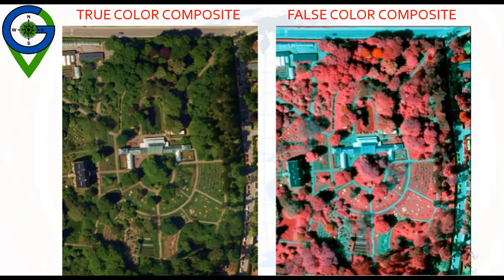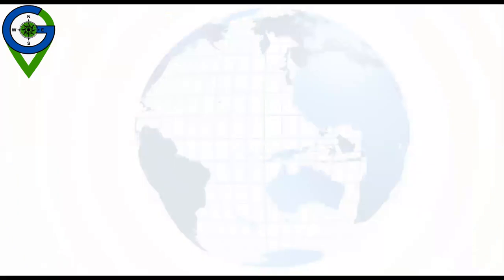And why is it so? It is because our eyes are very sensitive to the red color, and a variety of vegetation is found on the Earth's surface. So the red color is assigned to vegetation. Different colors are assigned to different objects.